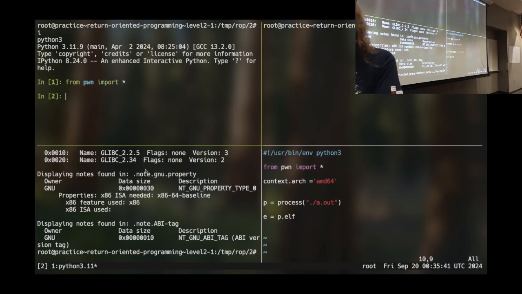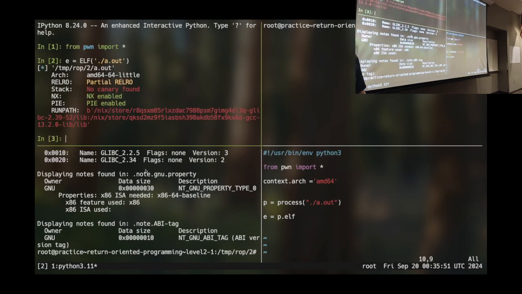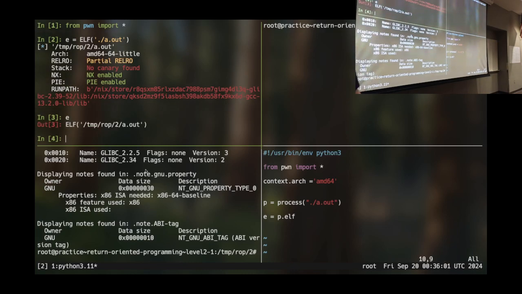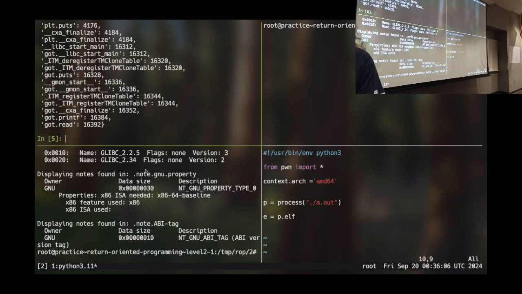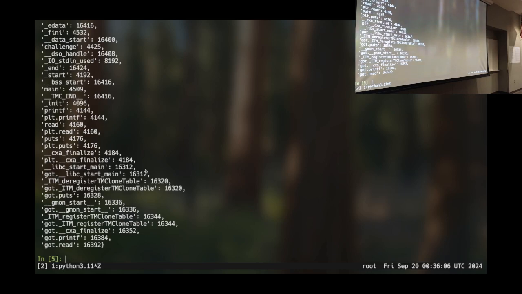So pwntools itself has an ELF object. I can get it from p.elf, or I can just call ELF on a binary. This gives me a Python programmatic representation of this ELF. One of the things that is in here, for instance, is symbols, which is a dictionary of all of these addresses of something, right?